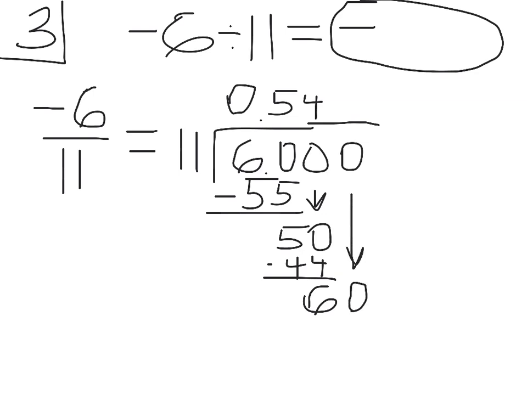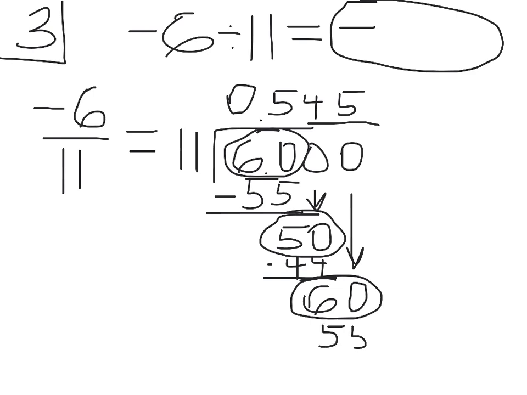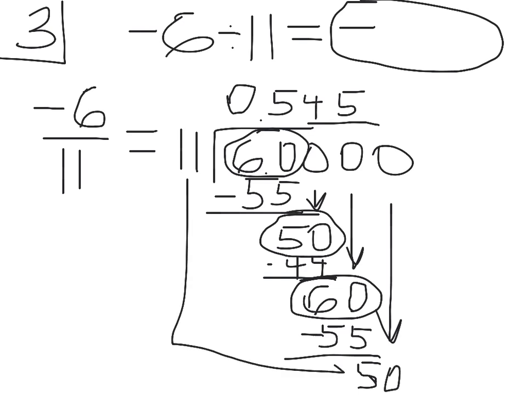Now what you might want to notice here is up here I was dividing into 60, and then here I was dividing into 50, and then here I'm going to divide back into 60. And what happens is 11 goes into 65 times, and you might notice that this starts to have a pattern. Again, we subtract, I get 5, drop a 0, so I'm again going to divide into 50 the same way I divided into 50 there. So we're going to have 4 again, and then it's going to be 5 again, and then 4 again, and that pattern will continue. So the answer I'm going to write down is negative